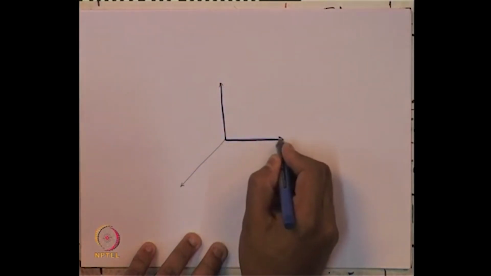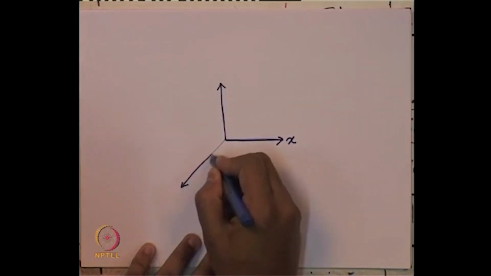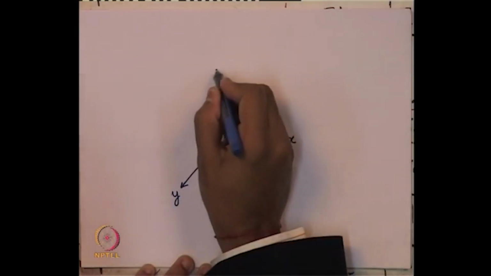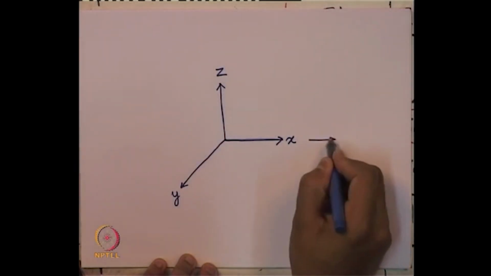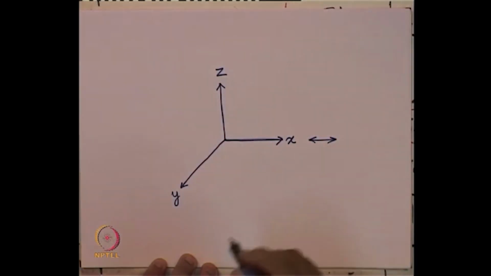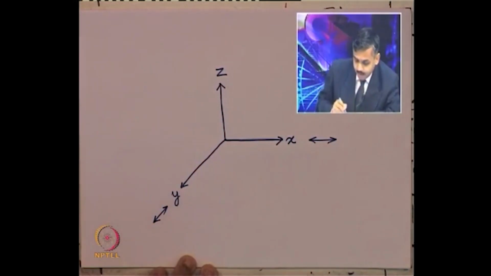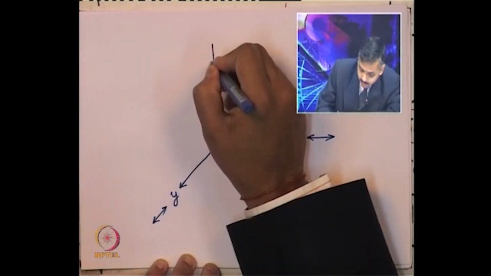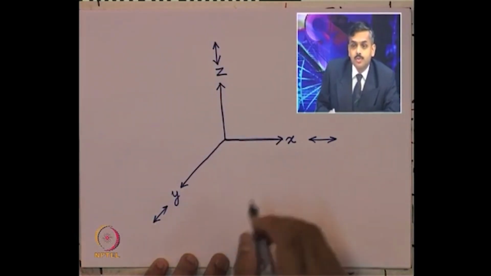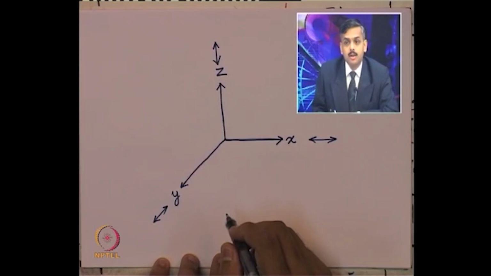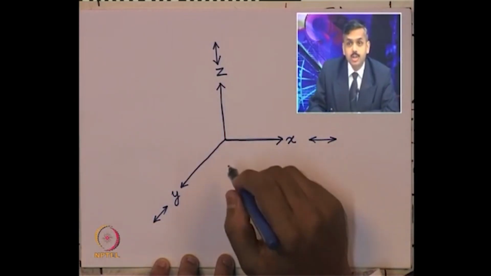say these are our axes, x, y and z. So, we can have the horizontal acceleration in the x direction like this. Then we can have another horizontal acceleration in the y direction like this. Then we can have a vertical translational acceleration in this direction. These 3 are the translational ground motions which one can record through a seismograph, but in addition to that, during